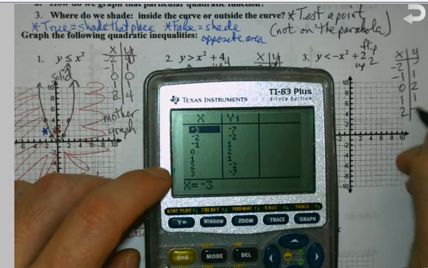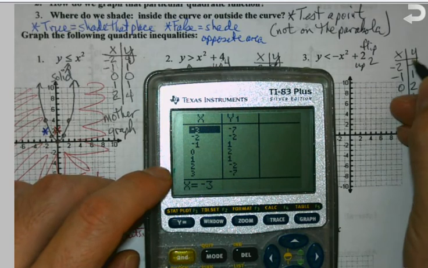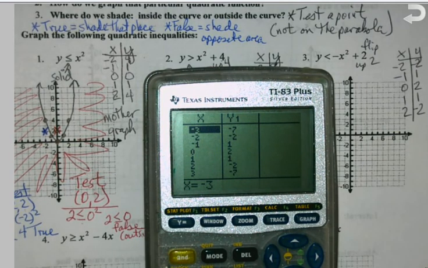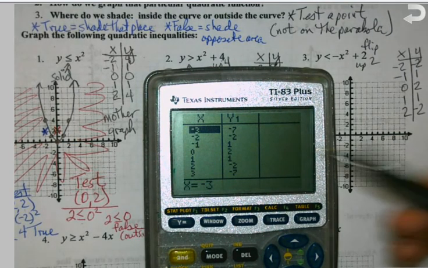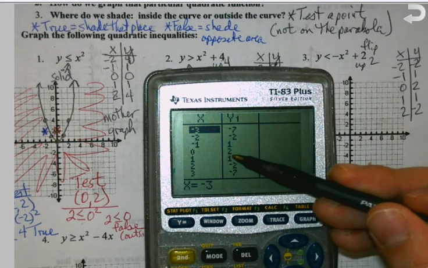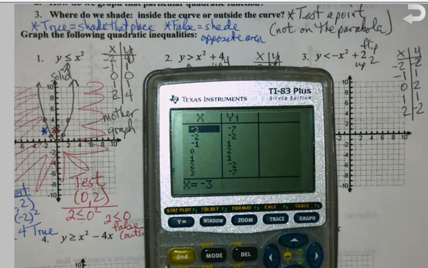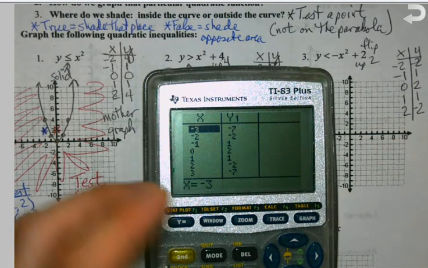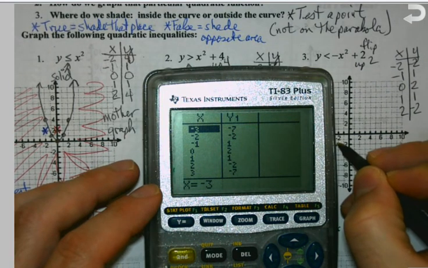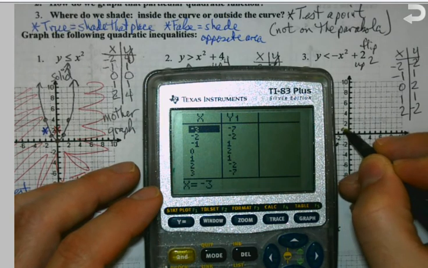and I'm still going to end up being able to go from here and get my y values. Because knowing that 0 is where my vertex is at, I see symmetry. And we've talked about this before. If whatever's in the middle, I see the exact same numbers going above and below it, I know I've got the vertex in that case. So once I know that, I can go ahead and I can plot my points